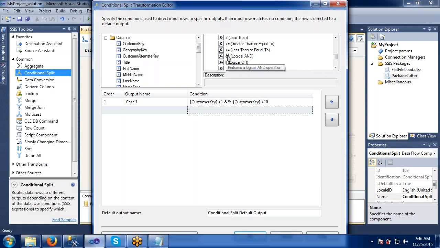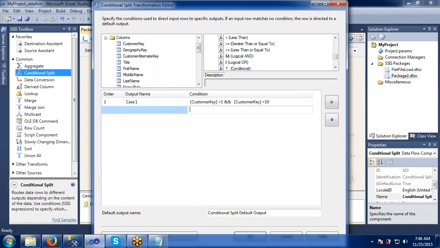How do we apply this operator? We have to use this icon, or I can drag and drop it also. Like this we have a number of options with which we can build many conditions.